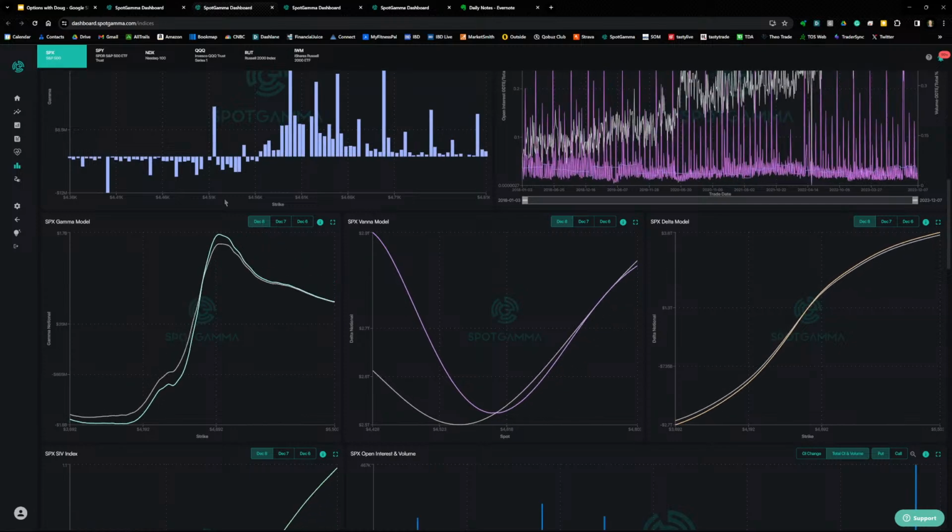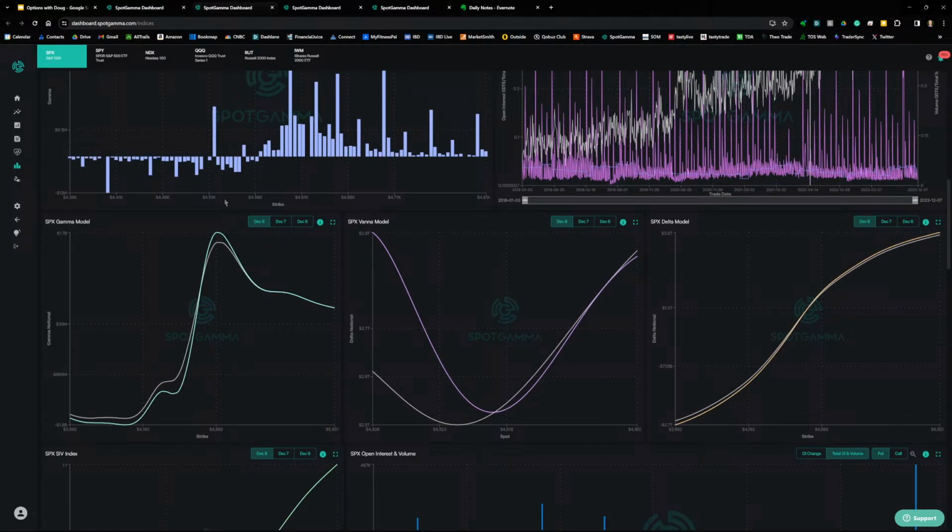All right, let's take a look at some setups now. Just to mention, my thesis for the day: first of all, I look at expected volatility, and my expectation for volatility was low, based on the positive gamma for the S&P 500, NASDAQ, and Russell 2000. So I'm looking for more of a range, mean reverting price action. The last couple days, the direction up or down has really depended on movement of the Magnificent Seven, and I'll talk more about that in a few minutes.